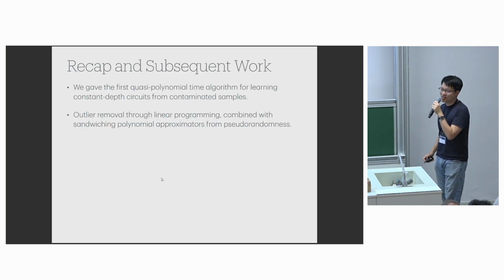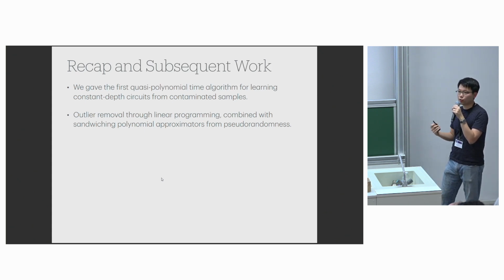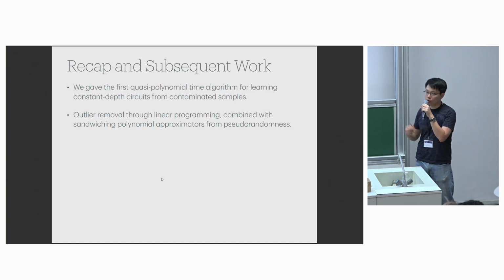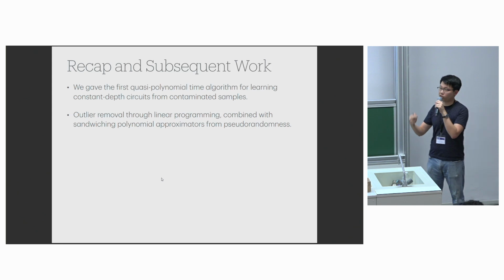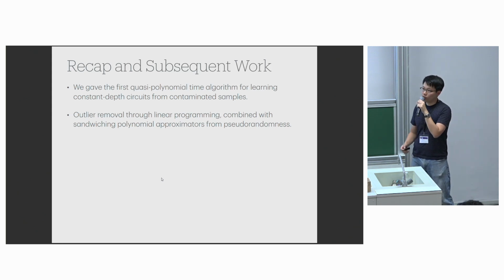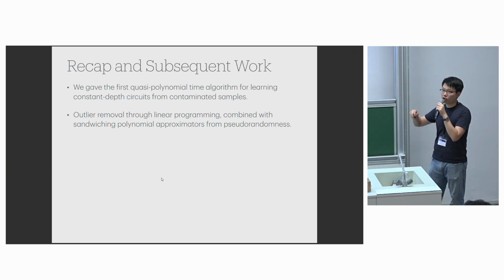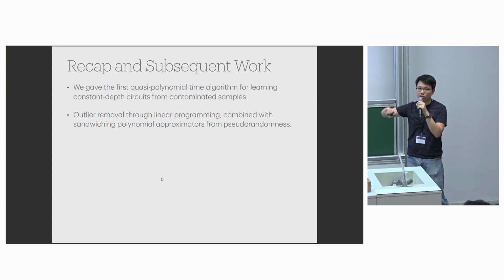Okay, cool. So as a quick recap of what this work does, it conceptually breaks this issue of feature contamination by showing that you can combine these outlier removal techniques with polynomial regression algorithms. And notably, it uses this notion of sandwiching approximators combined with linear programming to actually implement this filtering step.